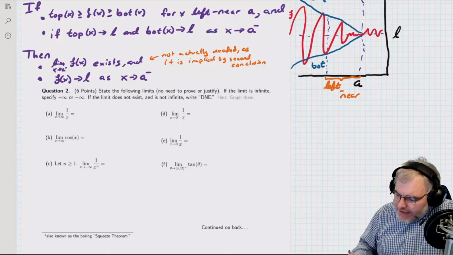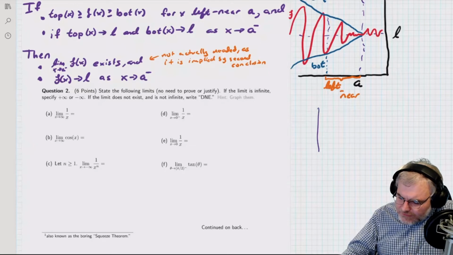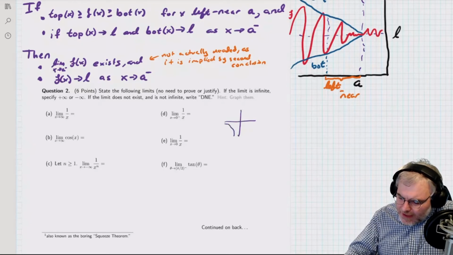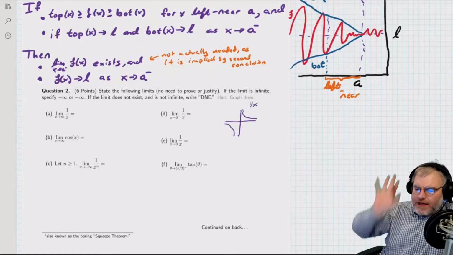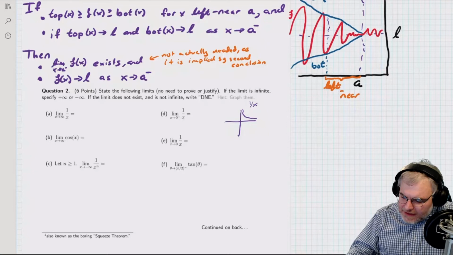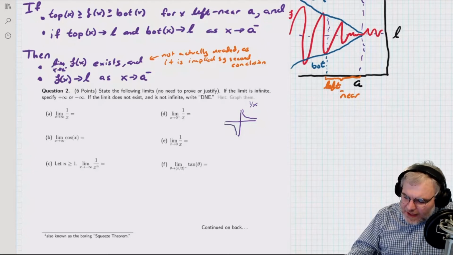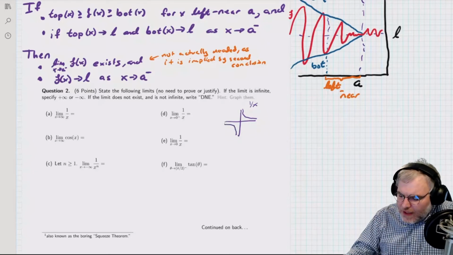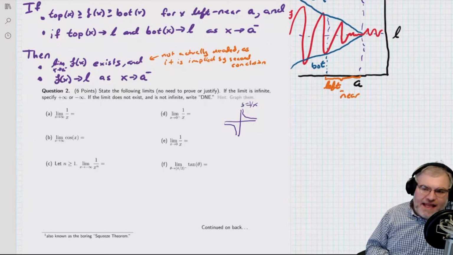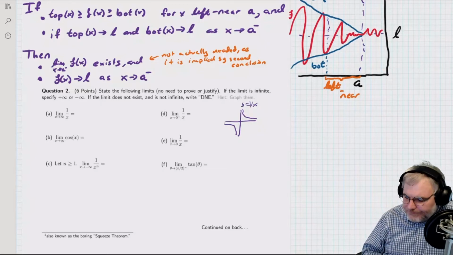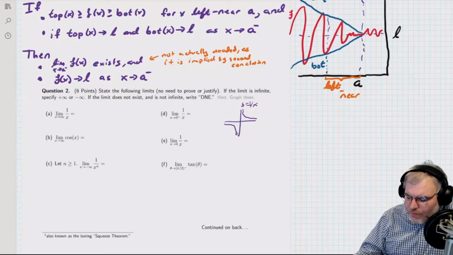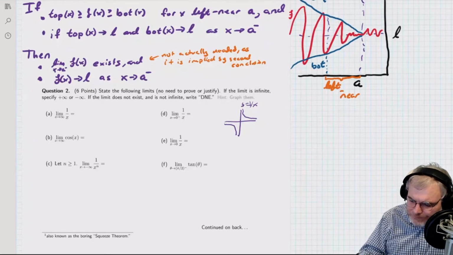Question 2. Well, the key to this question is to just do yourself some graphs. So this function right here, if you don't know this function by heart, I want you to go print it out on Desmos and draw it and put it over your bed. When you go to sleep at night, I want this to be the last thing you see until you've got it memorized. This is the graph of 1 over x, and you need to have it in your brain for this class. So 1 over x, as I go to the infinities, it goes to 0.